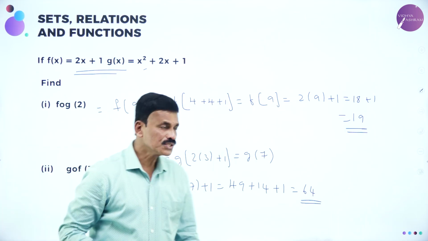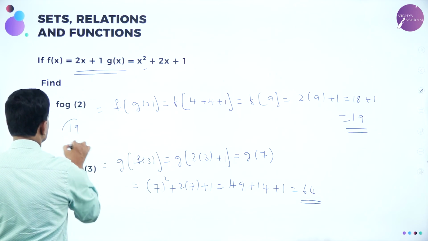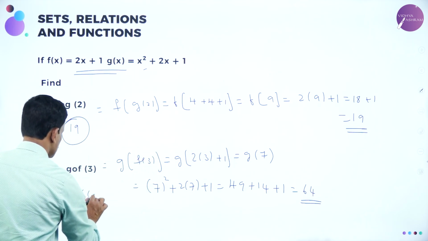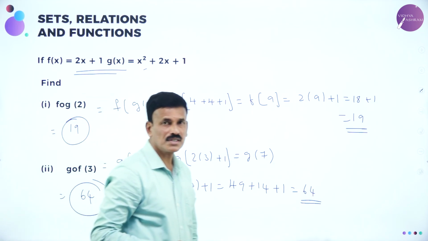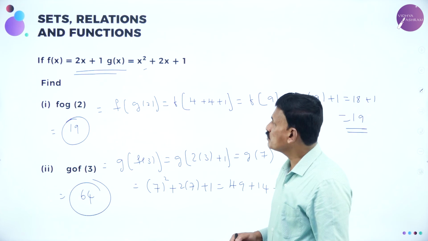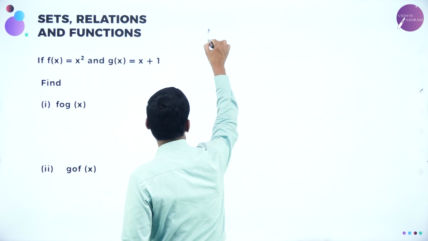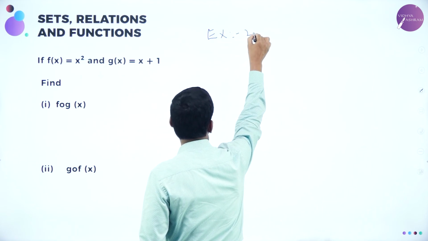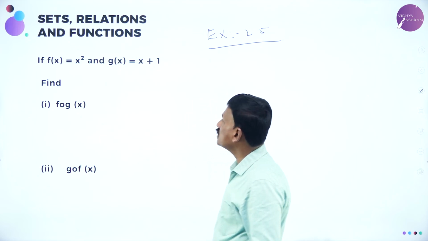That's it. So the first answer is 19 and the second answer is 64. These are the required answers for this problem. Now let us come to the next problem. So these are all the problems of exercise 2.5. Exercise 2.5, the last problem. If f of x is equal to x square and g of x is equal to